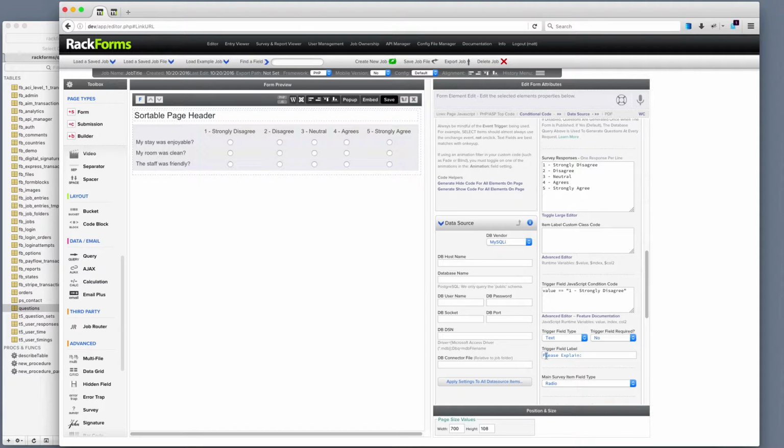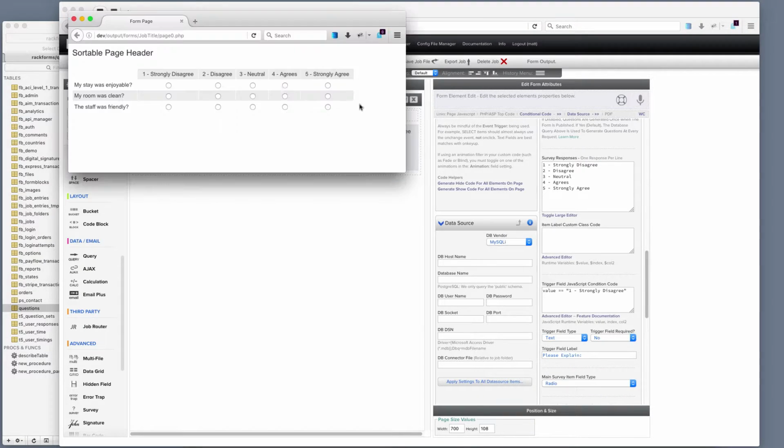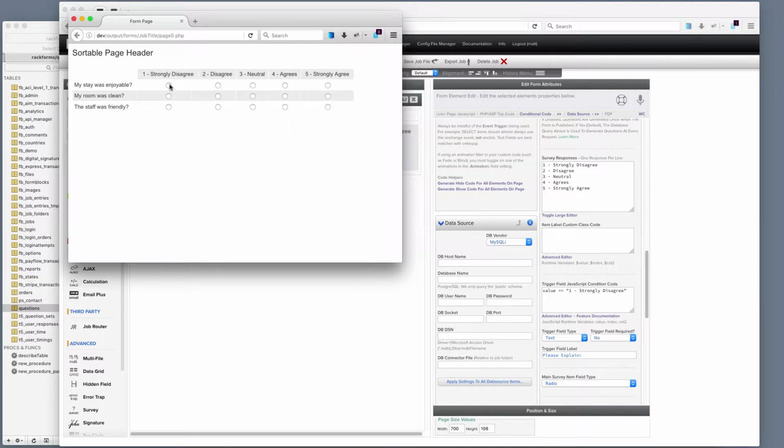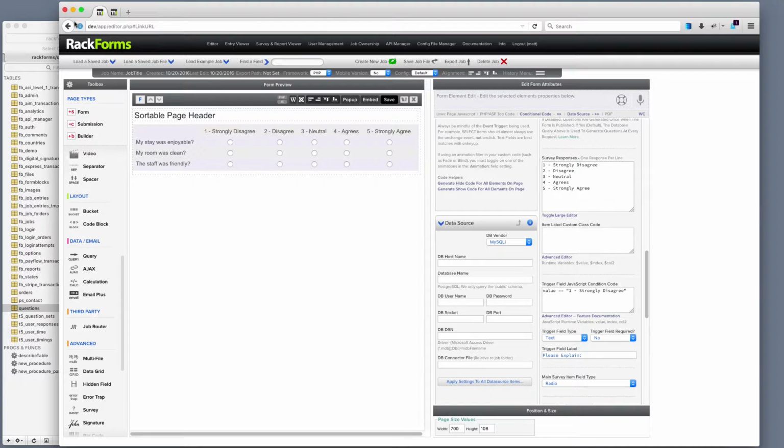And when we do this in the form, for every item that we click strongly disagree, we'll get a please explain field. And if we don't have that selected, we won't show that. And so it's really easy to create custom surveys here where if we have something that people are interested in, we can very easily add additional trigger logic. Now again, we're going to take a look at a slightly different way of building surveys in just a second,